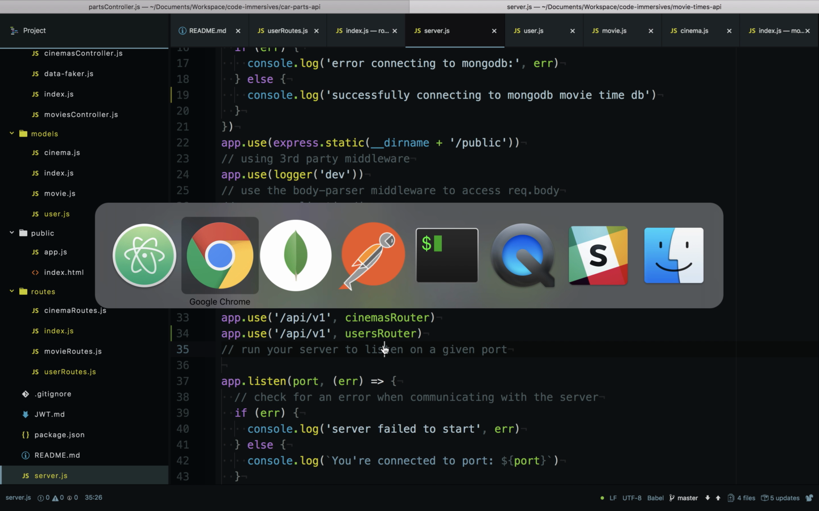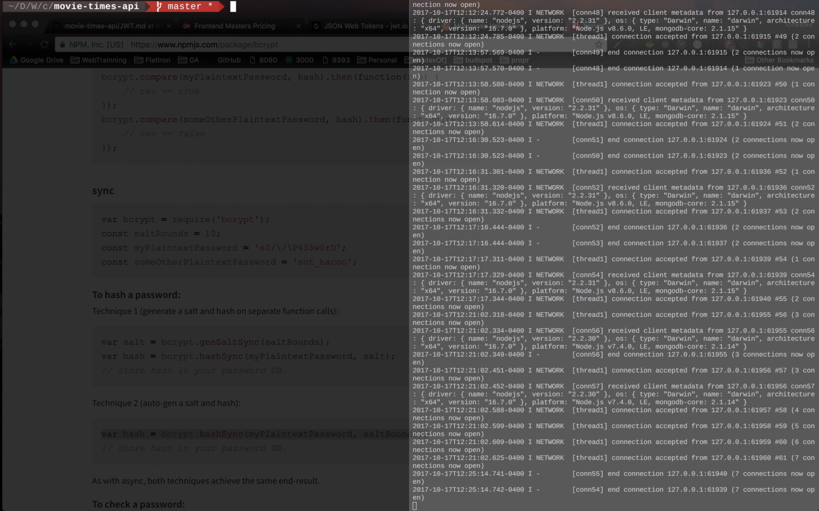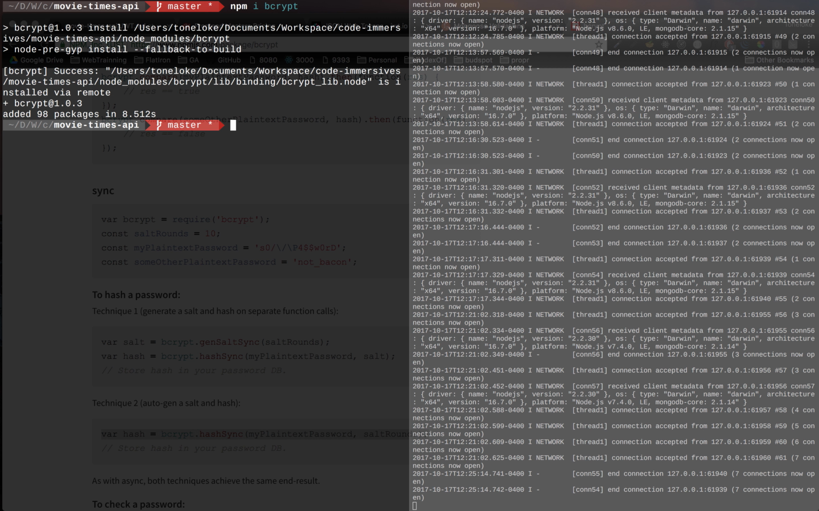So in order for us to do that, we need to bring in a specific package called bcrypt. I need to install it, right? So npm i or npm install bcrypt. Okay, once it's installed,